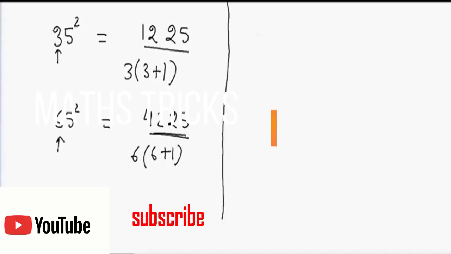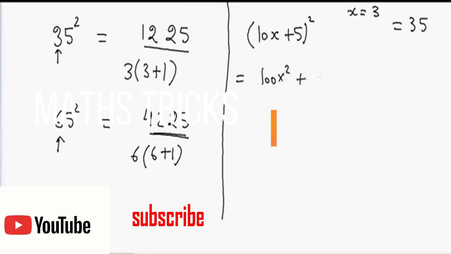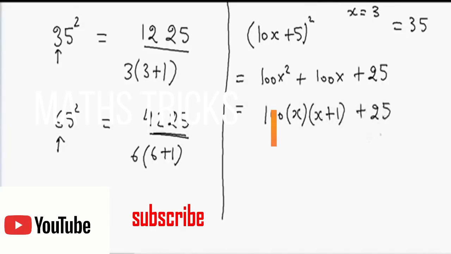So suppose we have any number which ends with 5, so that number can be written as 10 into x plus 5. So here suppose if x is equal to 3, then this number will be equal to 35, right? So suppose if we have 10x plus 5 and we want to do a square of it, that will be equal to 100 x square plus 100x plus 25. So if we solve this, that will be equal to 100 into x into x plus 1 plus 25. So as you can see that